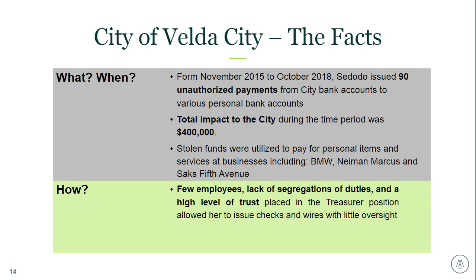So what about opportunity? How did she do it? Well, Veneta saw opportunity, of course, in several areas. First, she had access to the ledgers in the city's financial systems to record the payments. On top of that, she had access to the bank statements and was responsible for completing the bank reconciliation. And then third, she had the authority to issue and authorize payments on behalf of the city without others needing to see them. And then finally, there was limited oversight and financial review, which would identify any irregularities or improper payments if they were in place.